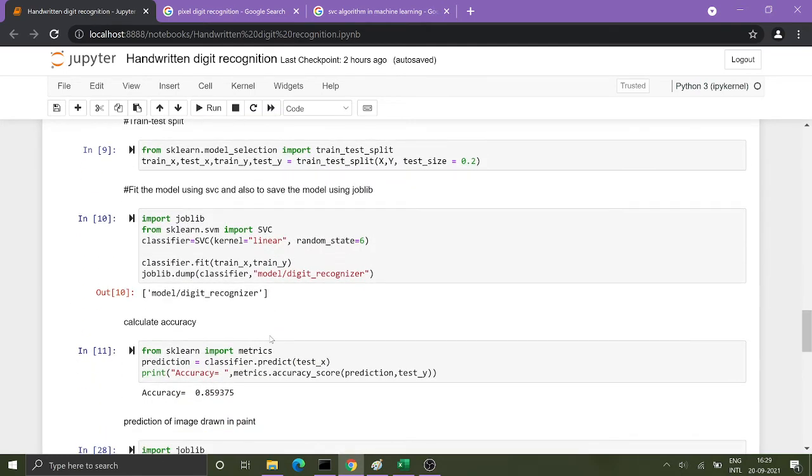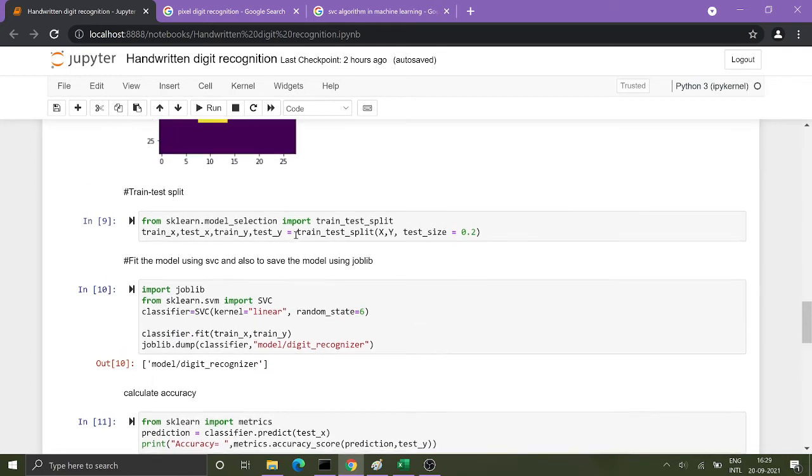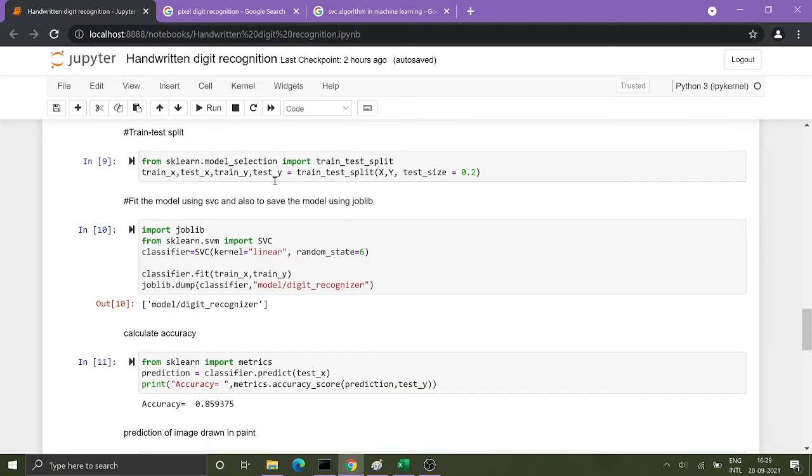For training and testing our model, the first thing to know is that 80% of our data is needed for training and the other 20% for testing. For training, more data is needed and we have to give it everything, and in the testing part we just provide some of the data and it will predict our output. Then for training data we have given x, y and the test size.